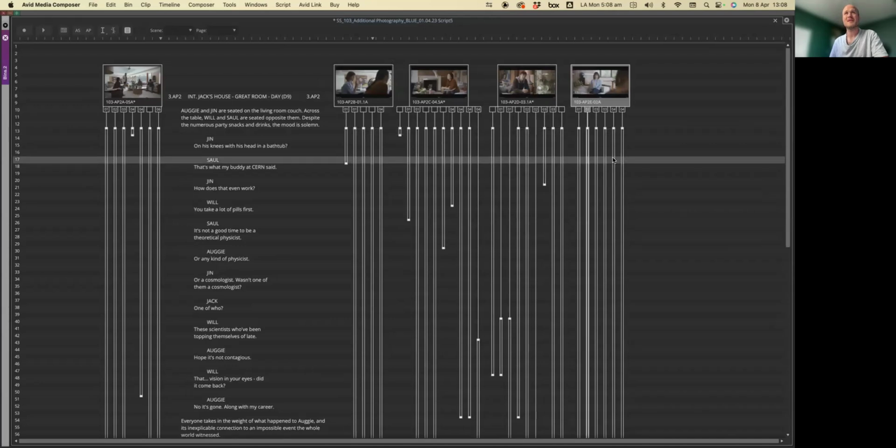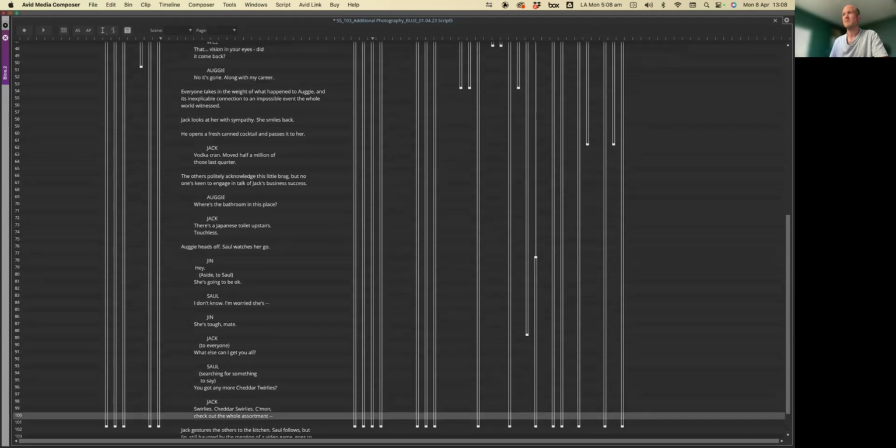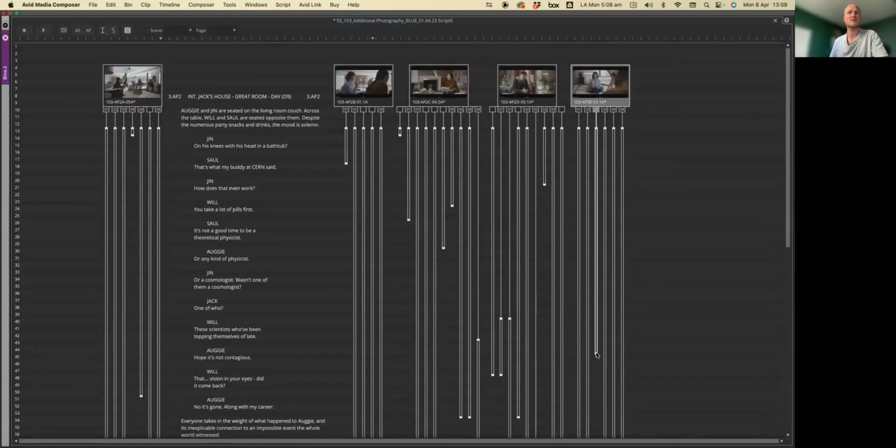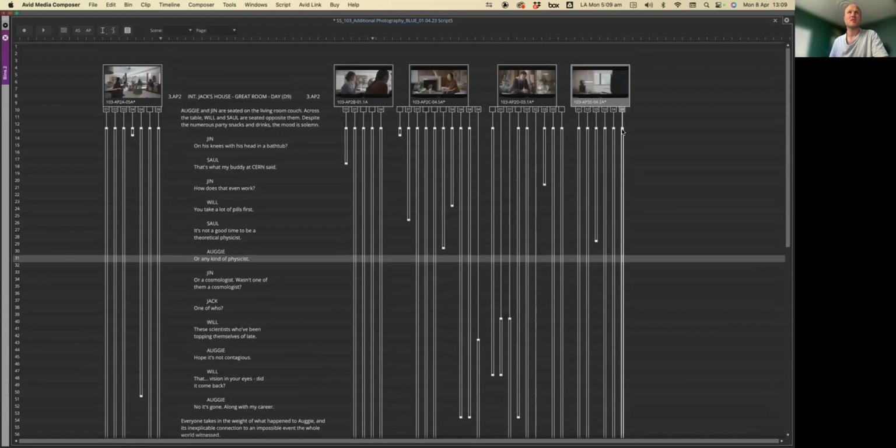Then this one and this one, I can take them both at once. Look, there we go. Both to Jack opening a can of his drink there. This one much earlier. Where does that one end? That one ends at theoretical physicist. There. That one to the end. That one to there, and then this one starts from